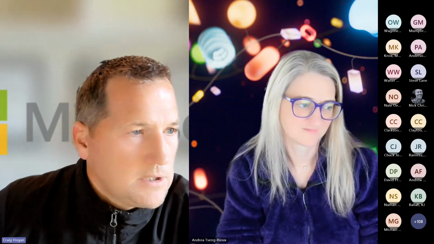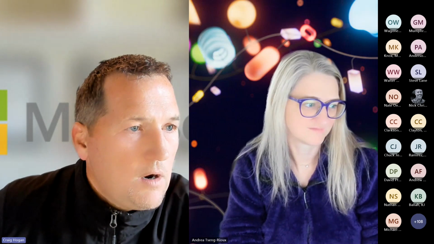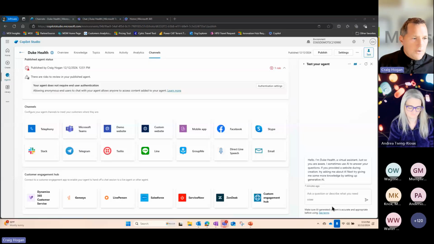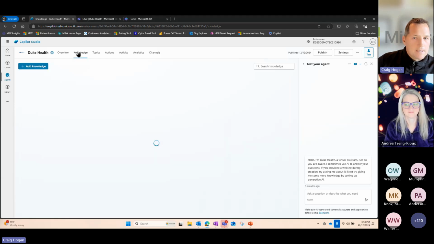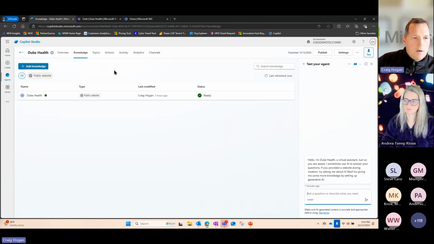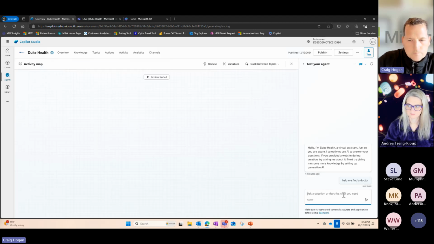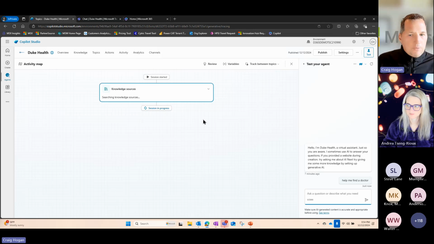Let me share again. In this case, this is the designer view. So if I ask a question, which is, help me find a doctor, what this designer view is doing is walking me through the process.